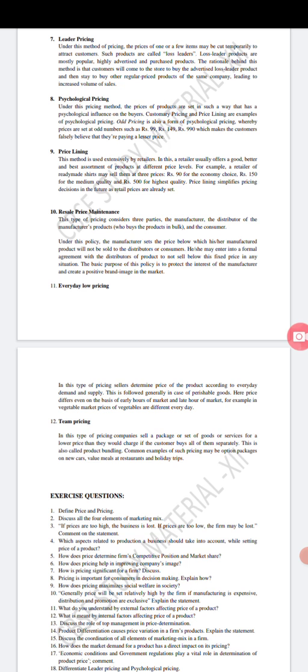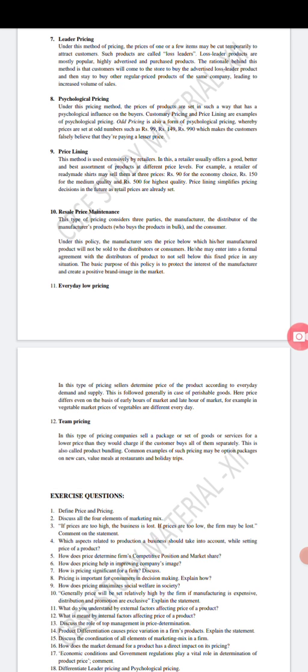He or she will visit our business or shop to buy those loss leader products, and at the same time he or she will also do some shopping of our regular products which are at regular prices. So in that way we have chances that our sales will increase, and customers will come to our shop. So it is a tricky process to attract customers and to increase sales just by temporarily reducing the price of some products. That's called leader pricing. Just remember this, it's very easy and also important.